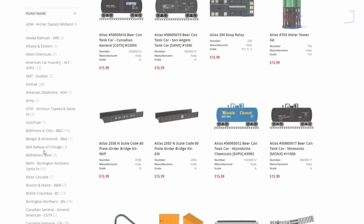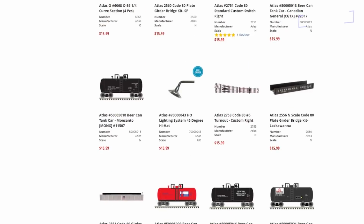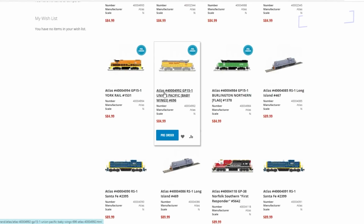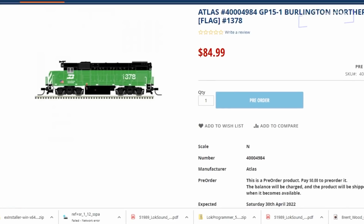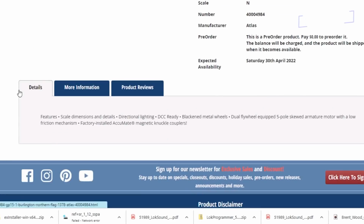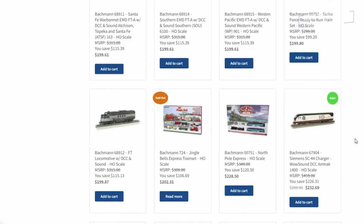Atlas has their Trainman series, which has $15 to $20 rolling stock, and their locomotives kind of can get a little bit steep there. DCC ready for $120 was about the cheapest one I could find. After making this video, I did a little bit more digging, and I was able to find some of these locomotives under $100. Bachmann also has the starter sets, of course, and they have rolling stock that's under $20. And they also do several scales. They do HO and N with their Williams by Bachmann and G-scale big haulers, but I'm going to talk mostly about HO